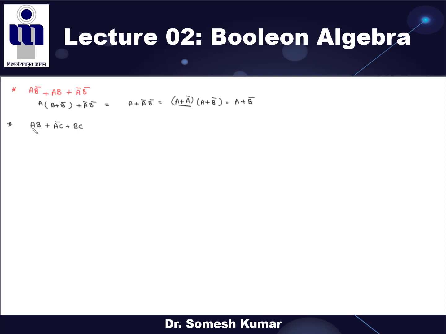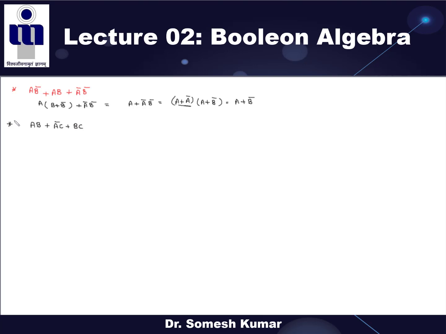This kind of example means a function which has three variables. Here A, B, C are the three variables, and it has only one bar term, here the bar is only on A. And each variable is used two times: A is used two times, B is used two times, C is also used two times. For these kinds of examples, I will tell you the shortcut. But first we will solve this example in detail.